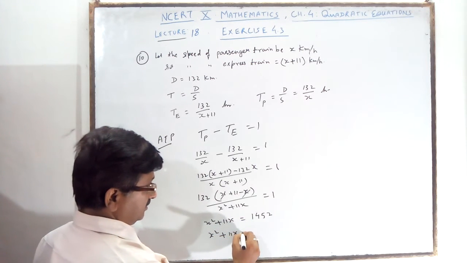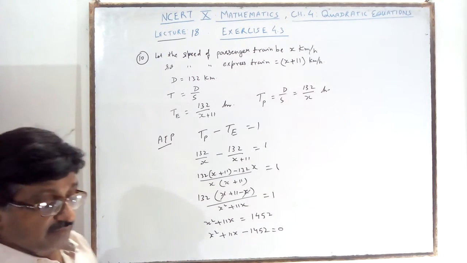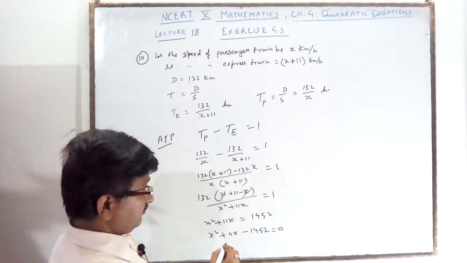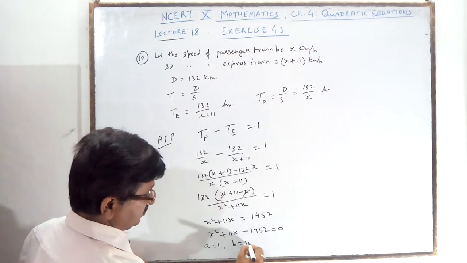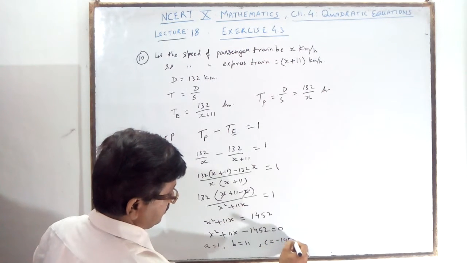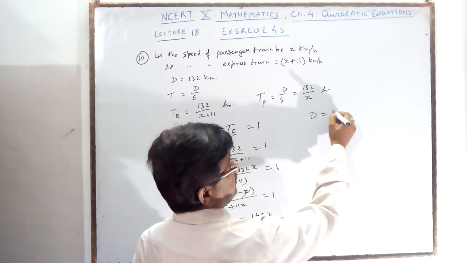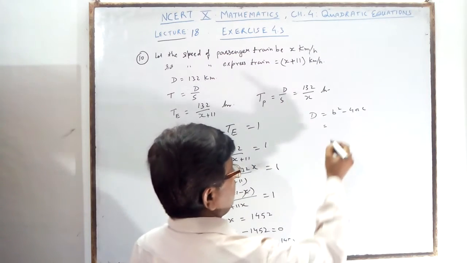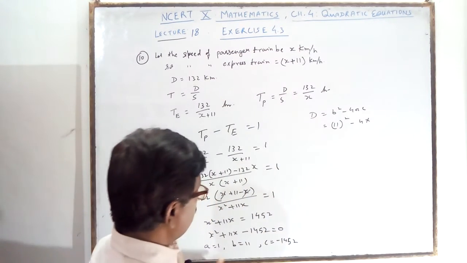So you will transpose it and solve it by the middle term factorization or by the quadratic formula. If you apply the quadratic formula, then a is equal to 1, b is equal to 11, c is equal to minus 1452. So you will find out the discriminant. What is the discriminant? b square minus 4ac. What is b square? 11 square minus 4 into 1 into